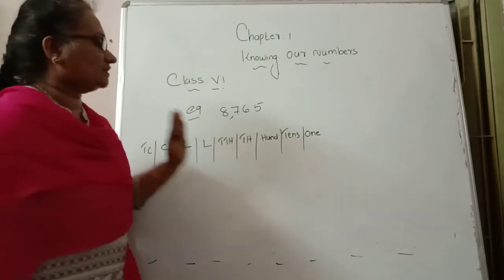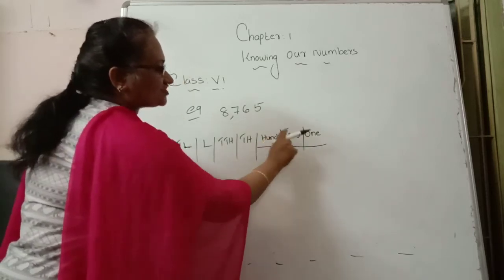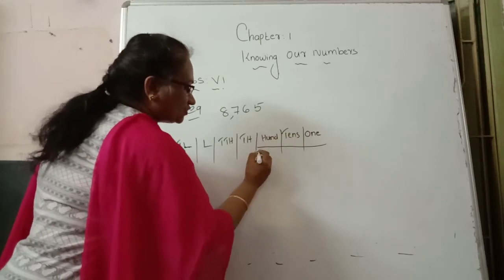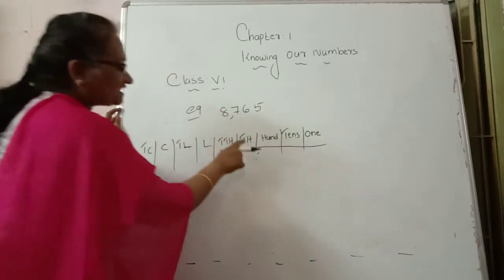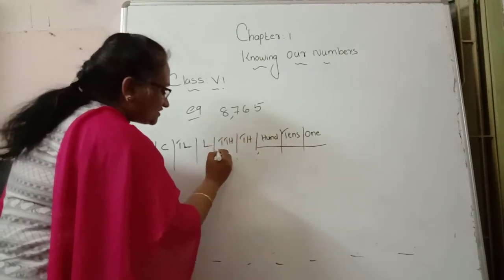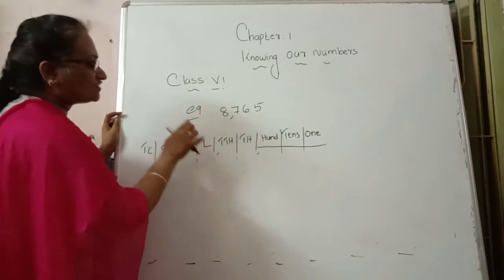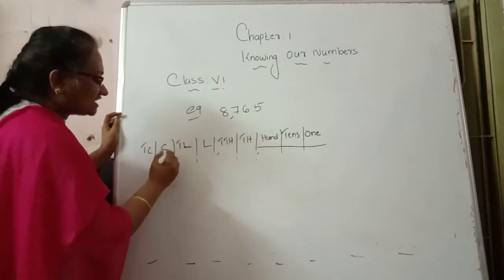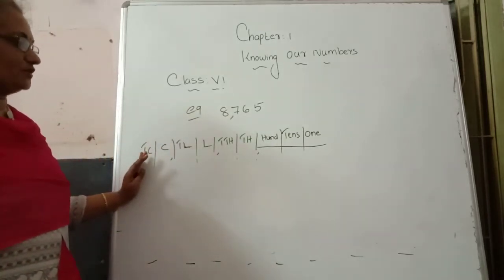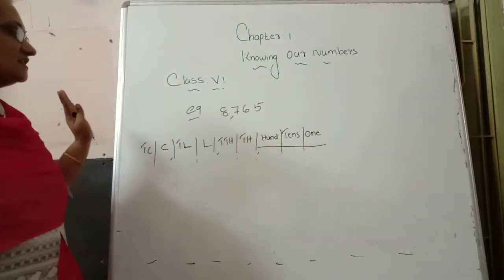Here, 100, 10's, 1's belong in one group. After that you keep a comma. Then 1000 and 10,000 are in another group. After this group we keep a comma. Then lakh and 10 lakh are another group, after which we keep a comma. Then crore and 10 crore are in another group. So I will give some more examples, then you can understand what I say.